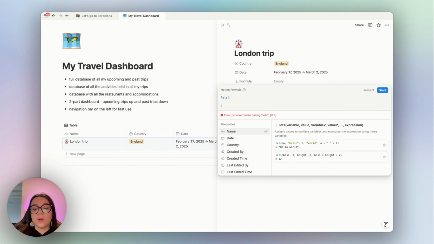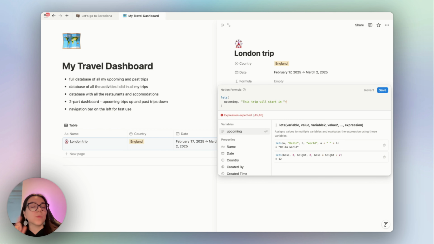Our first variable will be called upcoming, and it's gonna be a message that tells us how many days we still have to wait. To create a variable with the let function, you just write the name of the variable, you put a comma, and then you add the value that you want to assign to that variable. In this case, we want a text. Actually, we don't just want text, we also want a number that will vary depending on our now and the